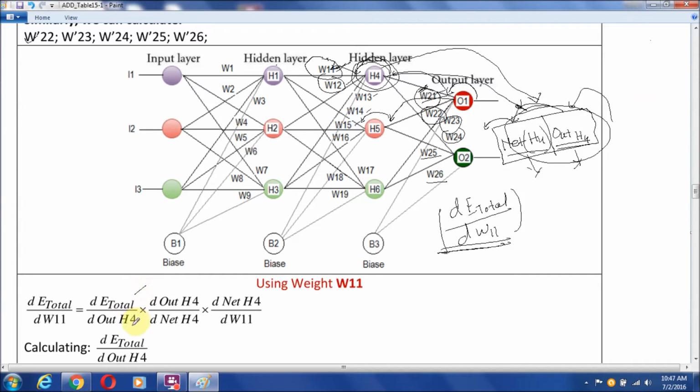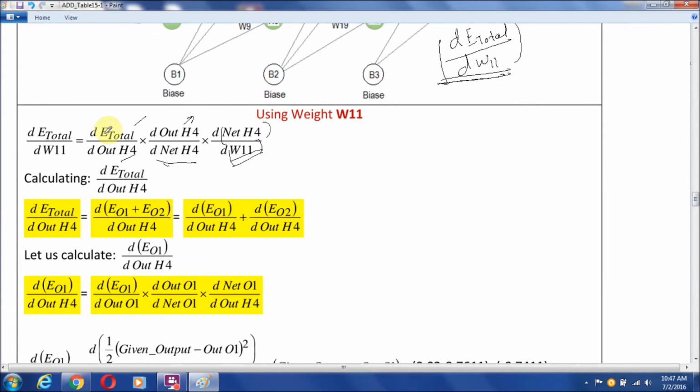So it will be dE total by d out H4, then d out H4 by d net H4, and d net H4 with respect to W11. As we know, we have a total of three parameters: first, second and third. The first is dE total, the derivative of E total with respect to out H4. It can be calculated as usual. E total is equal to the sum of two errors, with respect to the derivative of out H4,